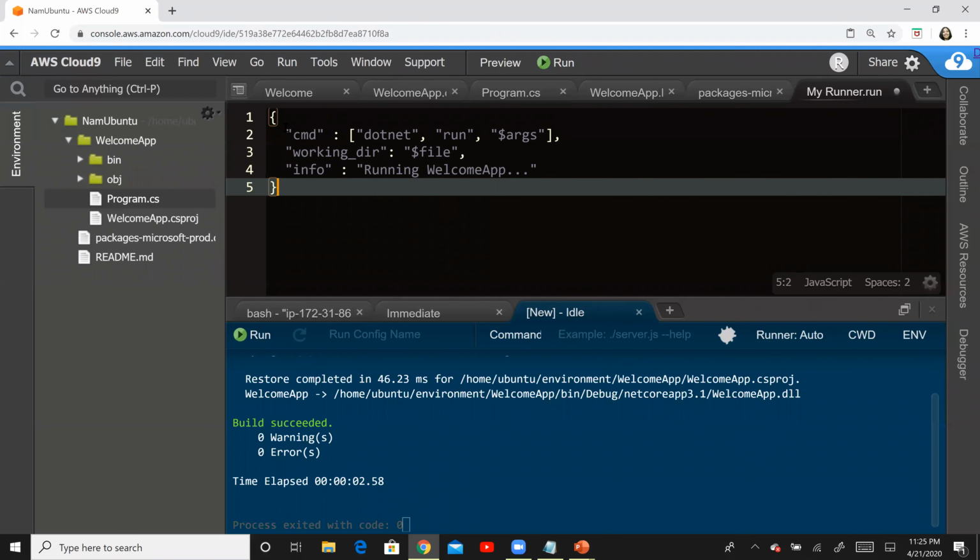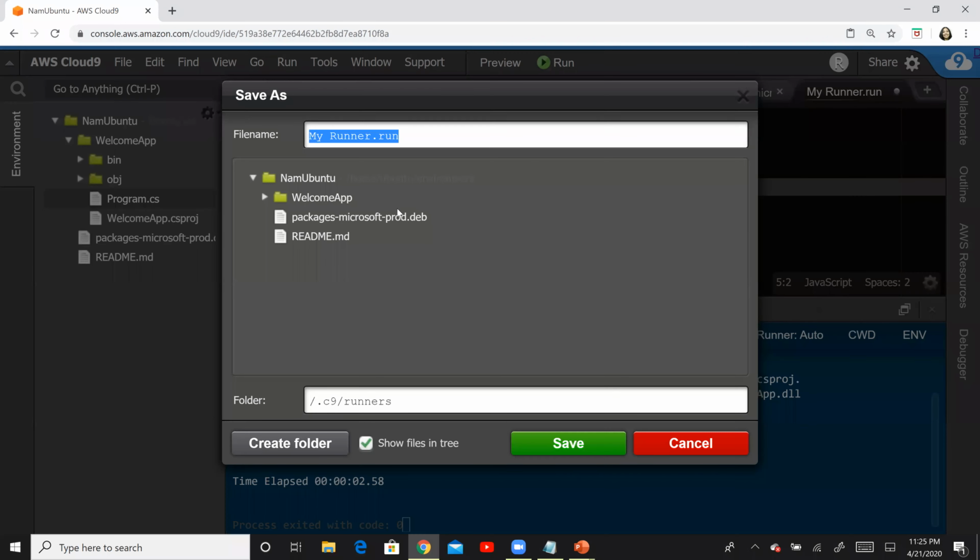So you can copy, it's not a very big snippet of code, feel free to just type it out, right? That's the easiest. Ensure that you save it. And we are going to call this welcome app runner. Okay, so welcome app dot run. And this will be saved in a runners folder. So go ahead and save this.